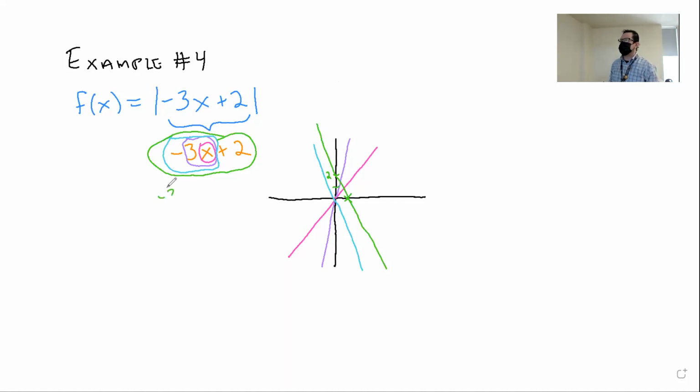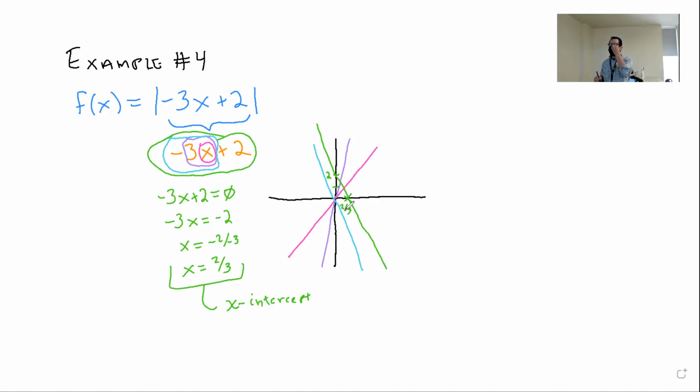So if I have minus 3x plus 2 equals 0, this means that minus 3x equals minus 2, x equals minus 2 divided by minus 3, x equals 2/3. This would be the x-intercept, which would be here in